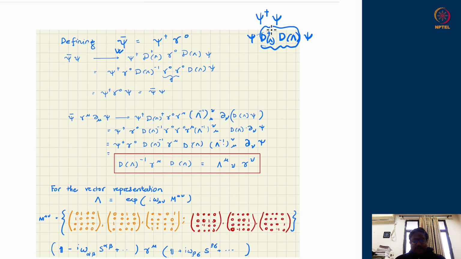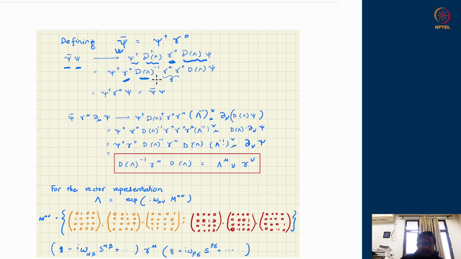It will not transform as an invariant quantity. But now you can convince yourself that if I work with a quantity called psi bar, which is psi dagger gamma 0, then psi bar psi has a gamma naught in between. Psi will transform with a D matrix, psi dagger will transform with a D dagger matrix, and I have a D dagger gamma naught D in between. D dagger, I know already, is equivalent to an inverse squeezed between gamma naught and gamma naught. So in between I get a pair of gamma naughts, which will become identity.